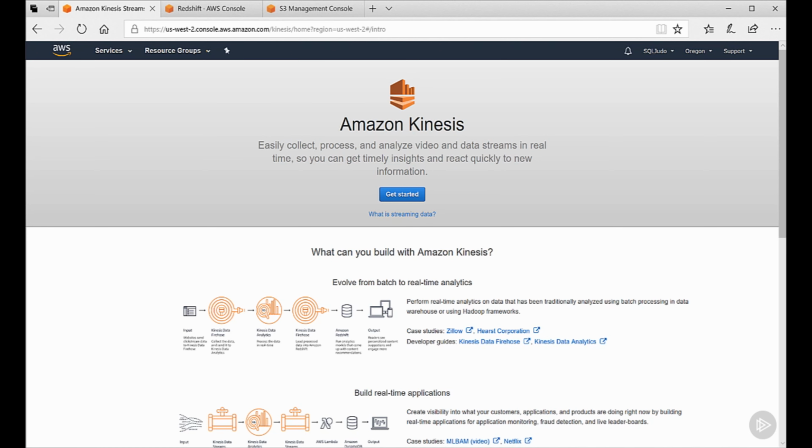So all the demos we've done so far are batch-based. They revolve around either a nightly load or an ETL process that runs on a scheduled time. But what if the data that you want to ingest into your Redshift cluster is actually streaming data? Well, Amazon makes it really easy to get that data into your Redshift cluster as well with the Amazon Kinesis